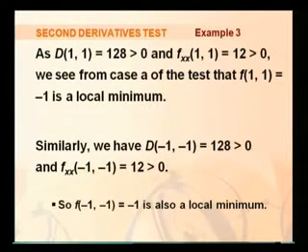So here we have three critical points. For the first critical point (0, 0), the function has no maximum or minimum value. That means (0, 0) is a saddle point. Then (1, 1) and (-1, -1), at which the function gets a local minimum, which is equal to minus 1. So minus 1 is the local minimum value of the given function.